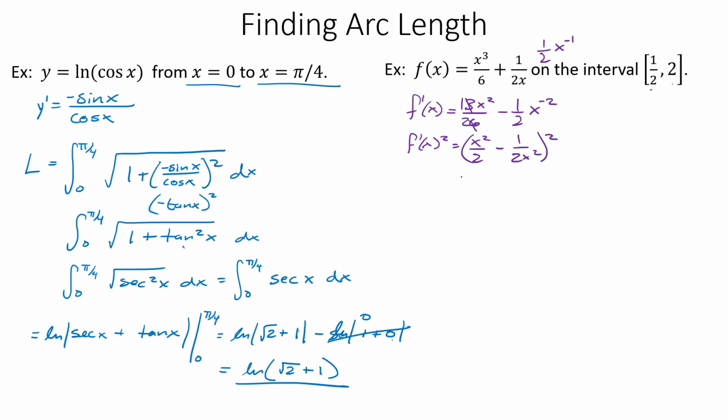So first we'd get x to the 4th over 4. Then we'd multiply these two together, and actually we have 2 of those, so 2 times x squared over 2 times 1 over 2x squared. I just put the minus sign out there. Plus this guy squared, so we'll have 1 over 4x squared. Those 2's will cancel, these x squareds will cancel, and we're just left with a minus 1/2 in here. So our derivative squared is x to the 4th over 4 minus 1/2